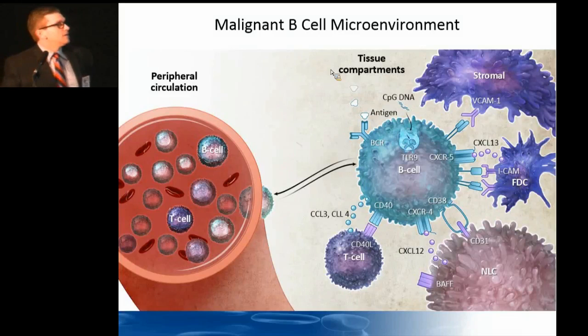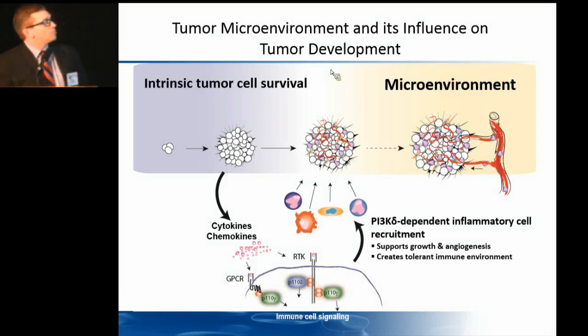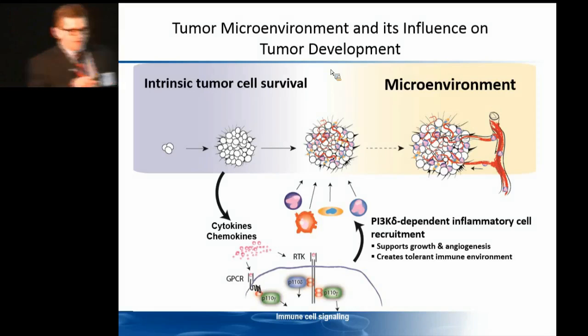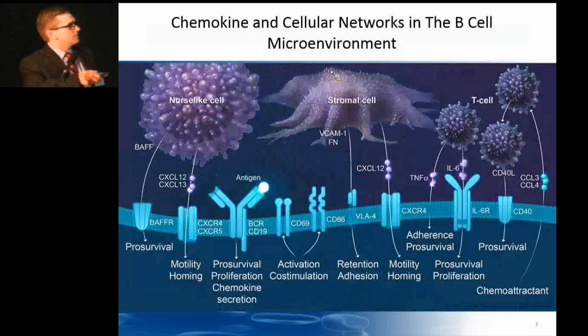So there's many aspects and things you need to look at when you're looking at the microenvironment, both from a B cell, from heme, and also from solid tumors. A number of cells play a very important role. But initially what happens is you have an event where you see, I'm sorry,